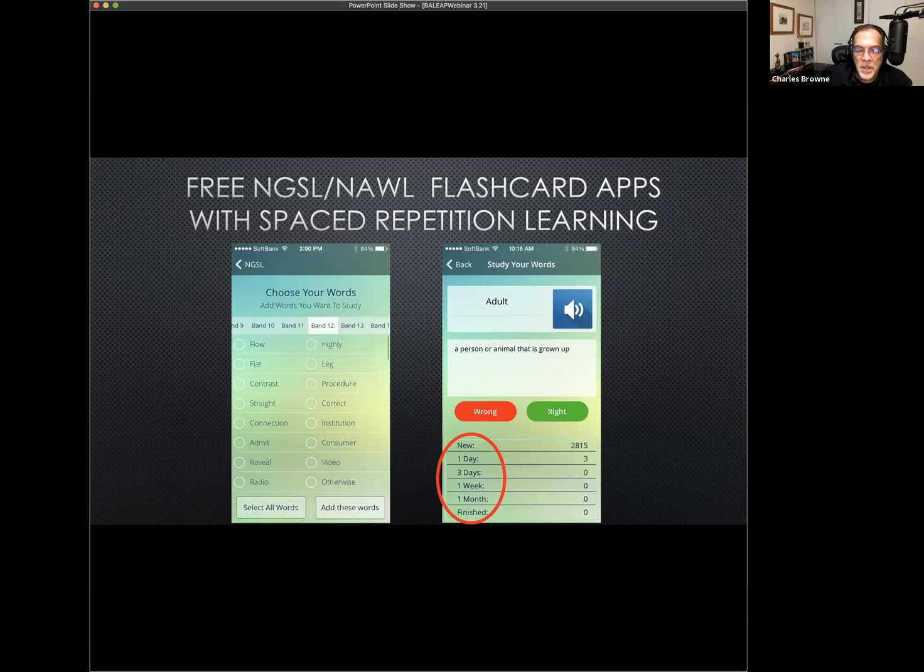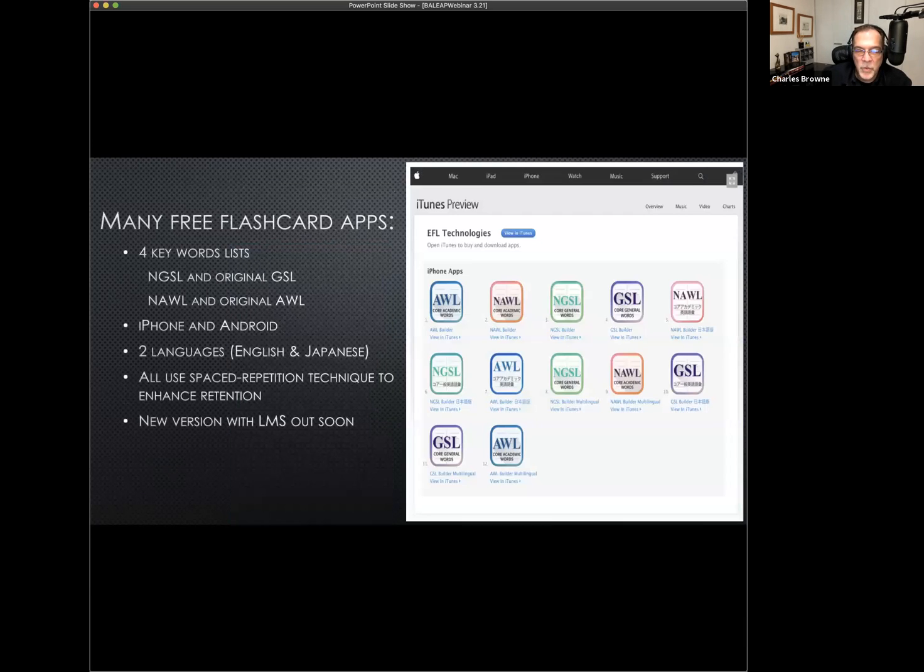And so it's basically the box system, but it's handled automatically by the software. Over about 4 or 5 years, I ended up creating 16 different apps because I wanted one for English and one for Japanese and one for Android and one for Apple. So for every word list, we had to have 4 apps. Eventually I had 16 apps, and it was just getting too expensive because I didn't get any sort of research money for this. I was just doing it out of pocket, and it just became too complicated to stay